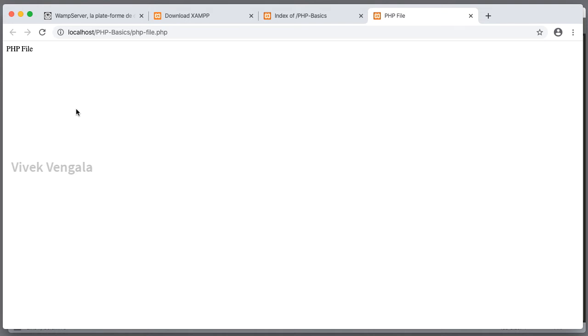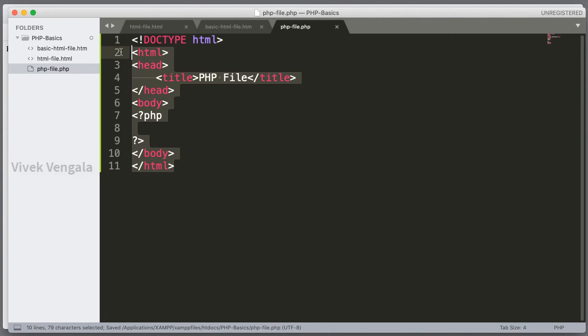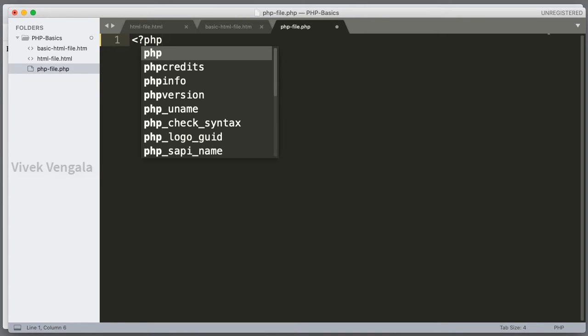That's the difference. And till now I'm not using any PHP. You haven't seen anything about PHP. To use PHP, we have to open a PHP block, and that PHP block should be opened like this. You have to open this PHP block and you have to close this PHP block. If you are not closing, you will get an error because here we have HTML code. You should close it. If you only have PHP code, you can add this PHP block and you don't need to close it.